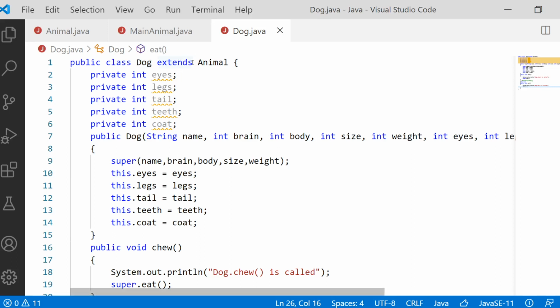Okay, so all the attributes and methods of a superclass can be accessed inside the Dog class, the inherited subclass. But there is one restriction: all those attributes and methods have to be public, meaning the access specifier has to be public. Private attributes and private methods cannot be accessed outside of the class.